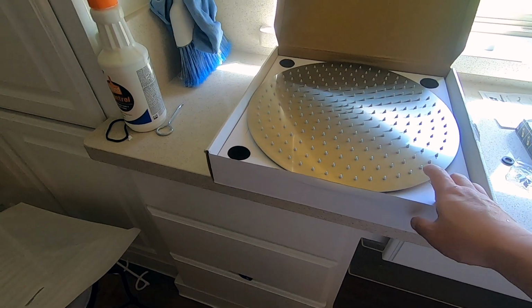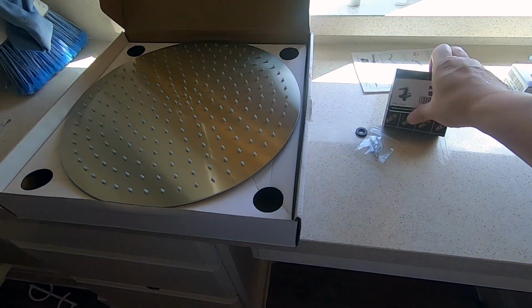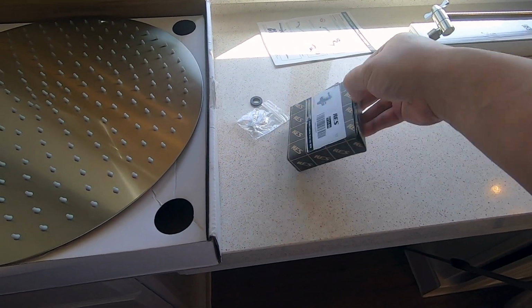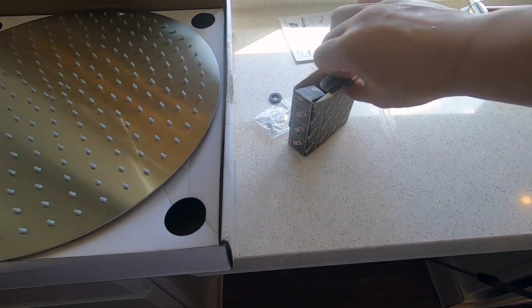This is a very good price. I think this is like about $50 or so. I'm also going to install this diverter, which will be able to switch between my existing